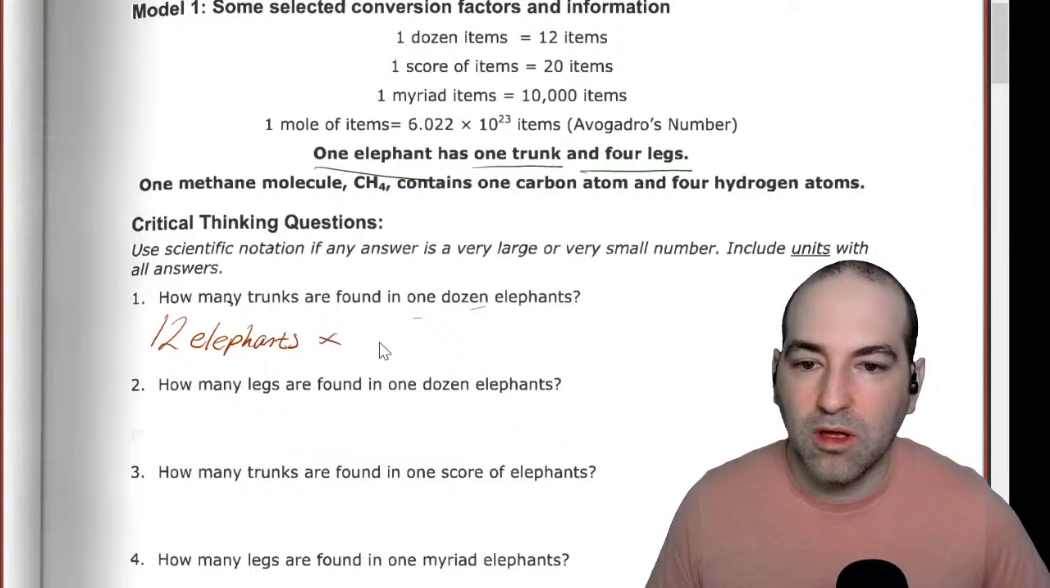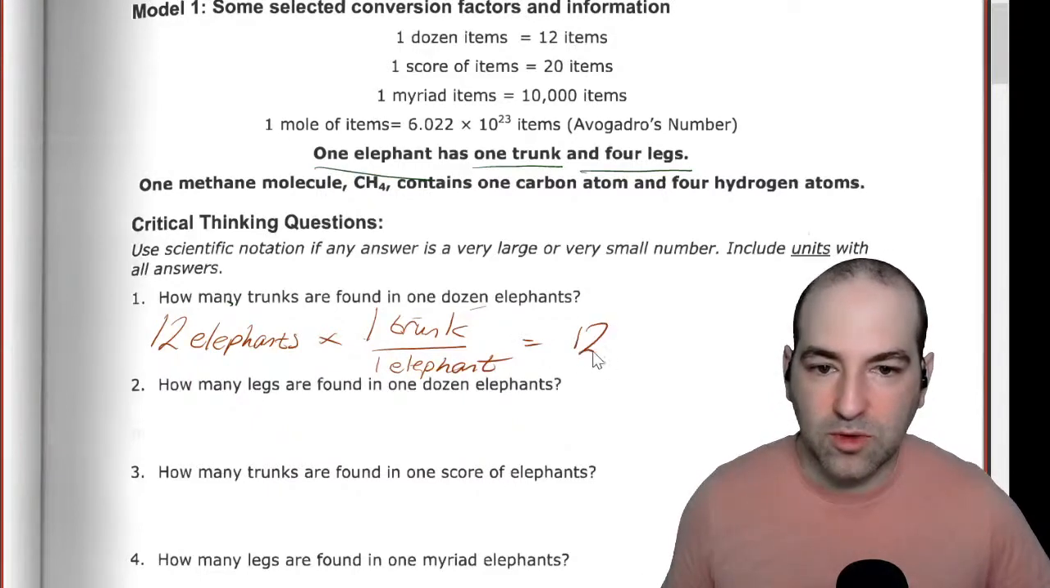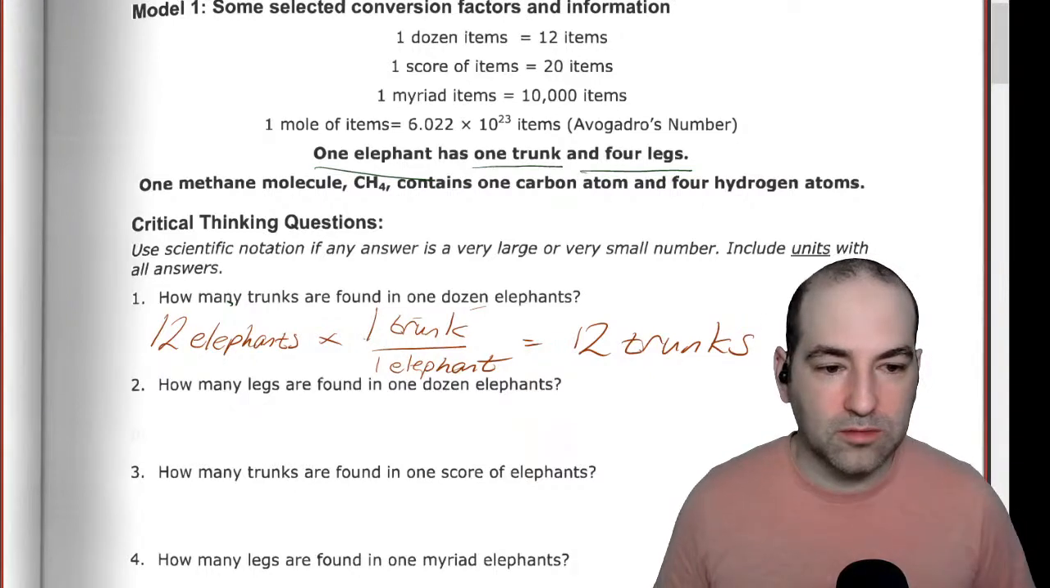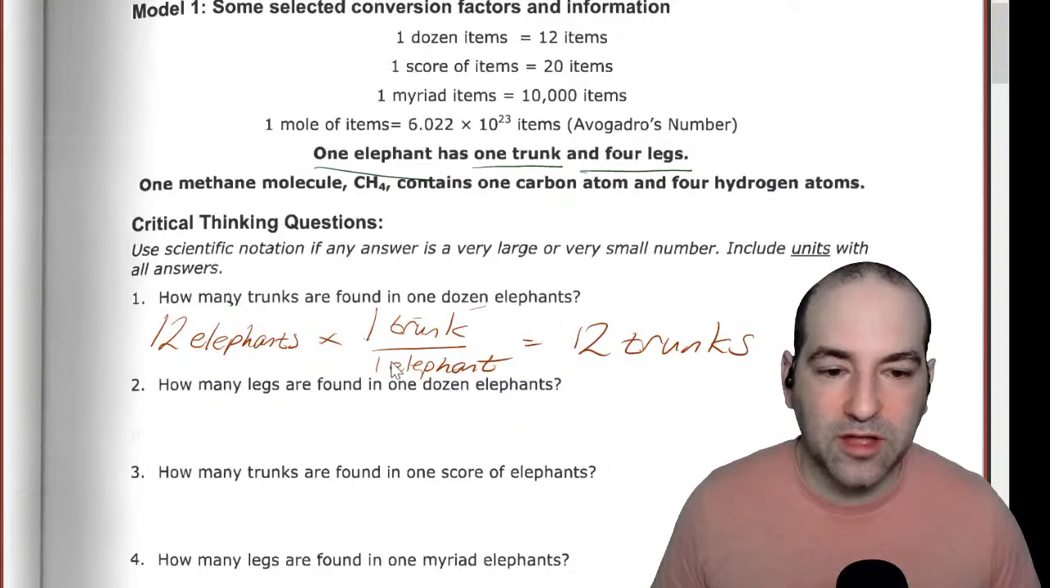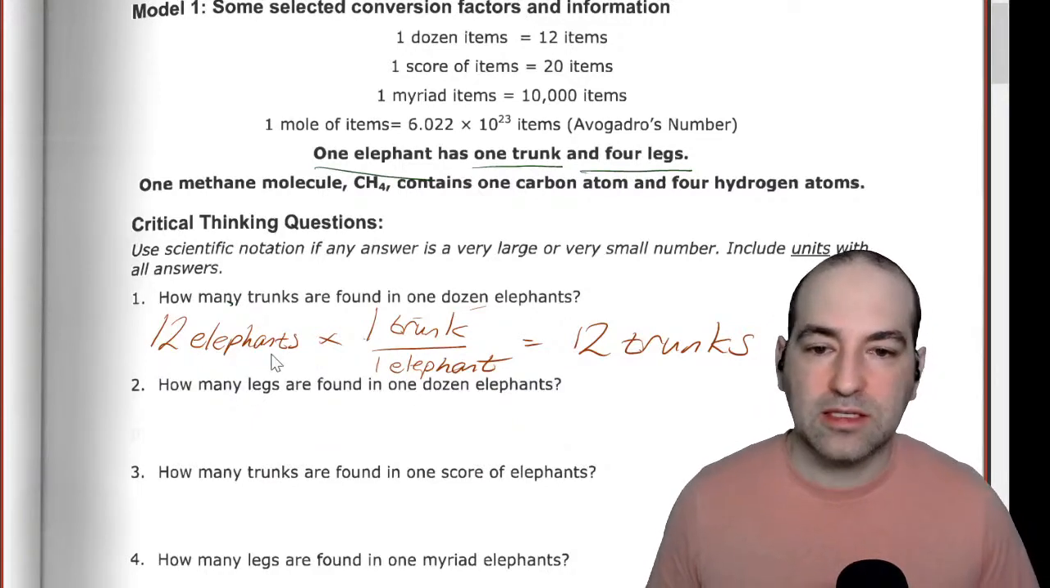And there is 1 trunk per each one elephant. And so that would be 12 trunks total, right? If you've done something called the factor label method of conversions in the past, that's what's happening